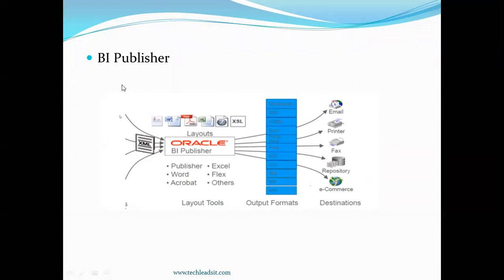If you compare this screen with R12, the same features would be available. Now, what are the differences in Fusion? What new features are available in Fusion? For example, in R12, manual steps are required. Manual intervention is required to do something, like converting from one format to another format, and this bursting concept and these delivery channels.